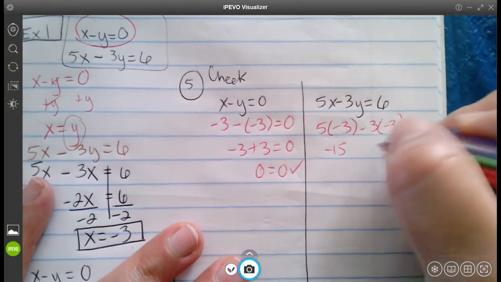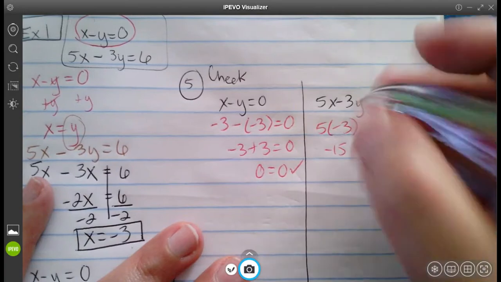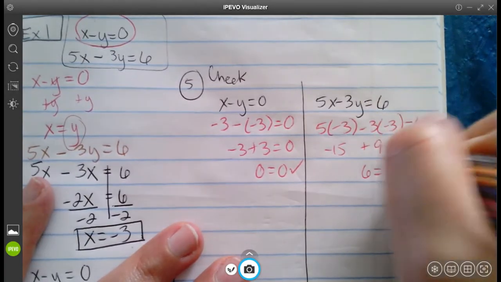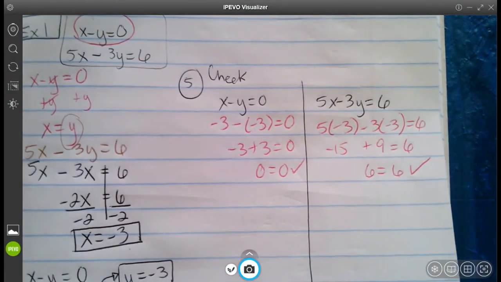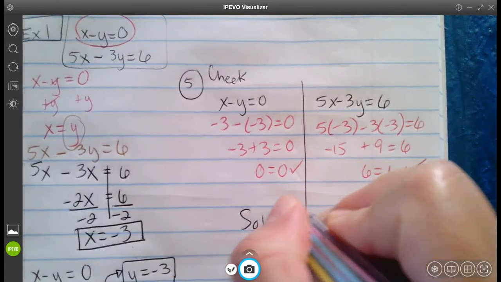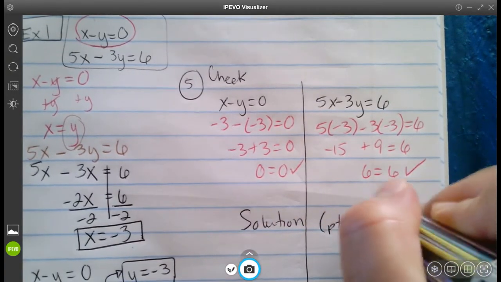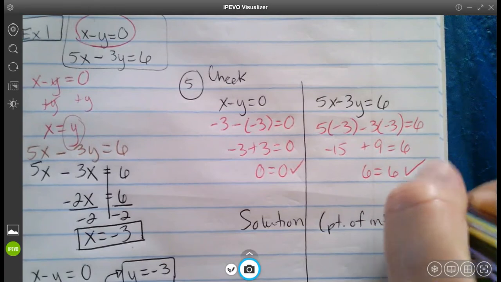Negative 15 plus 9 equals 6. Negative 15 plus 9 is in fact 6, so we are good to go. Which means that our solution for this one, which is also the point of intersection, if you were to graph this,